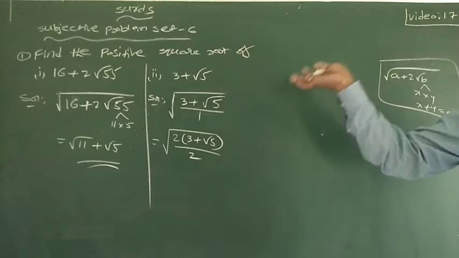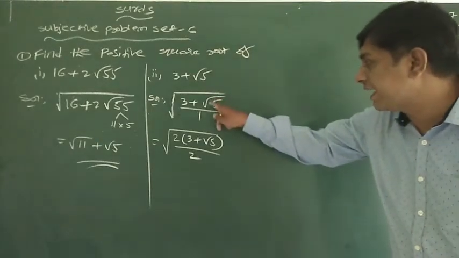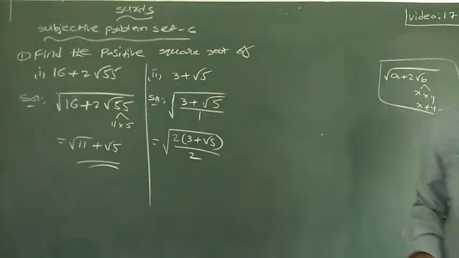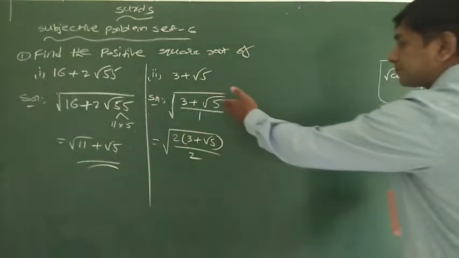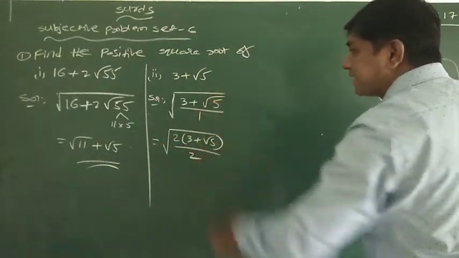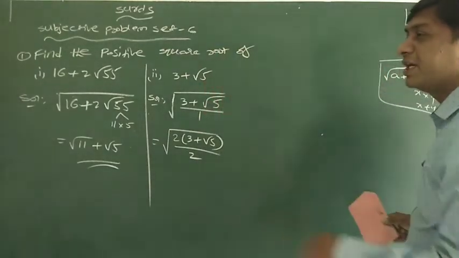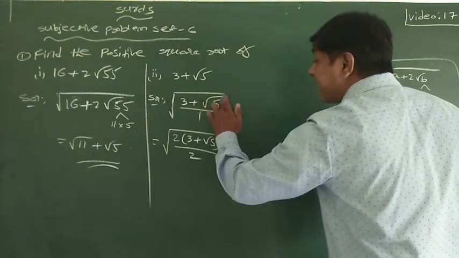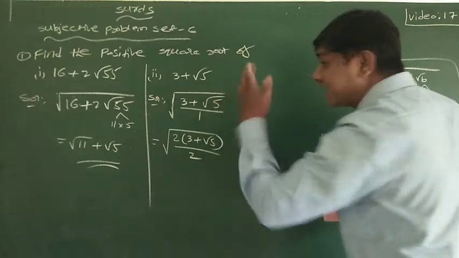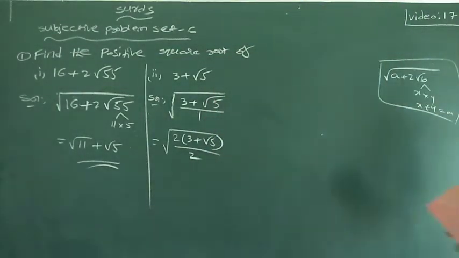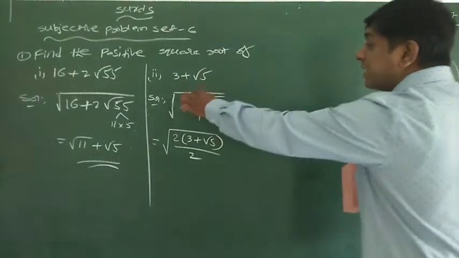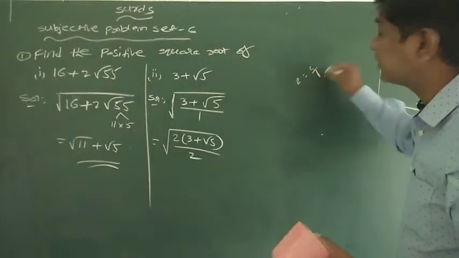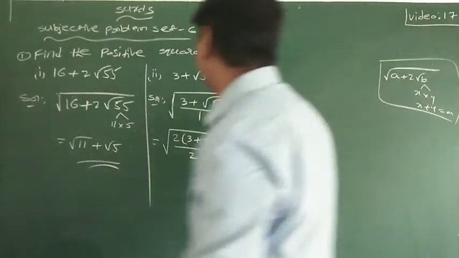Previous questions also we did the same. But in those questions, inside this root I got 2 as a rational factor by taking 4 as a common factor. I wrote it in terms of the 2 into root b form. To make 2 a rational factor here, I can't simplify this 5 more, because 5 is already a prime number. When you don't have that option, then this total I am writing as by 1. Whether 2 or 2 by 1, both are the same only, no? So 3 plus root 5 by 1.